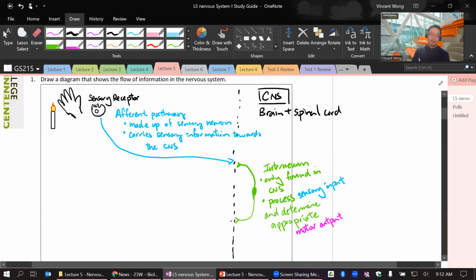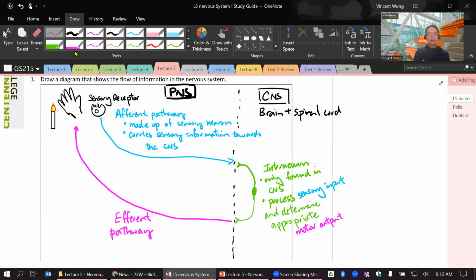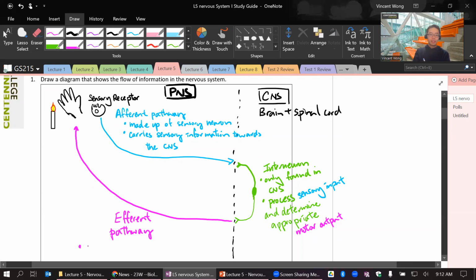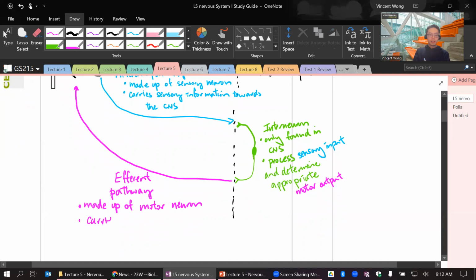So then you're going to have another pathway that goes back to the hand and removes it. This one is called the efferent pathway. Efferent is from CNS towards PNS. This is PNS, everything outside of the brain and spinal cord, and efferent is the other way around. This is made up of motor neurons, and it carries motor information